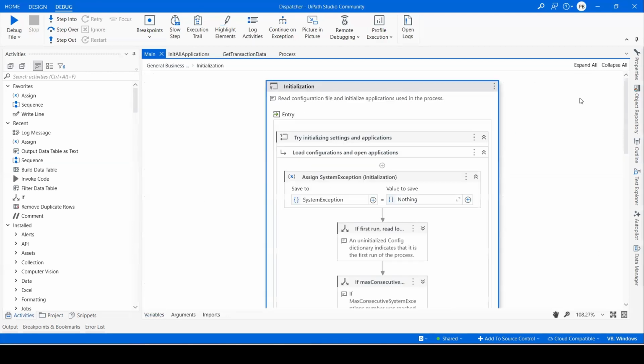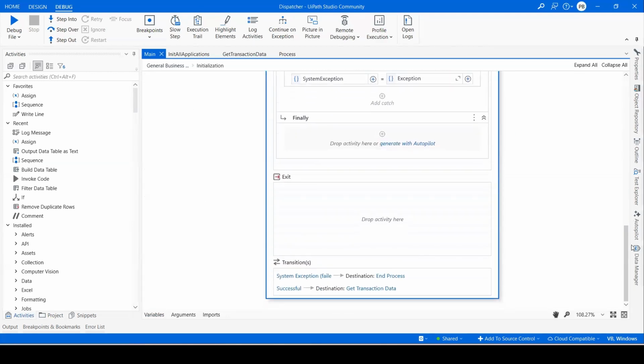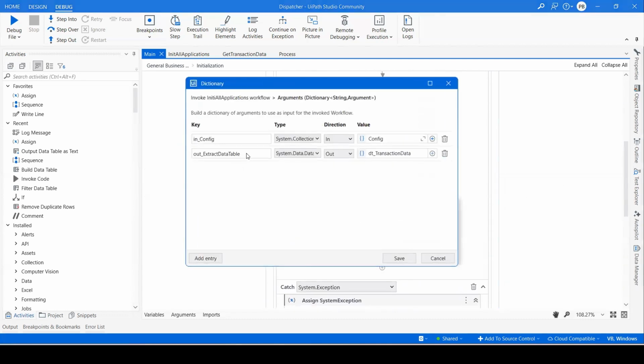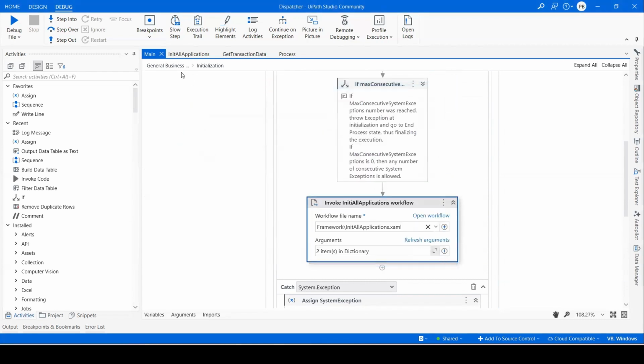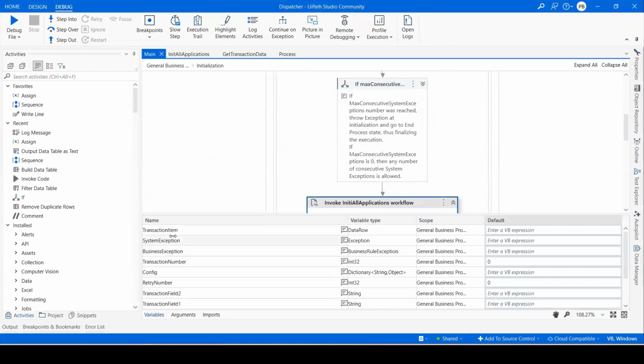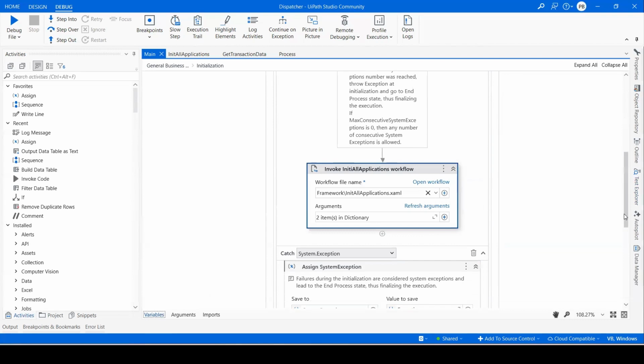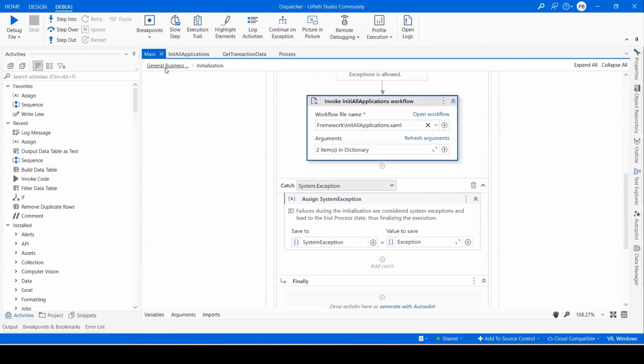Now, I'll go to the init invoke that we have done, which is here. I have outed data, extracted data, and I have assigned the data to transaction data. All right. Now, when you create an RE framework, the DT transaction data is already there. You just have to assign the value to it. You don't have to create a new data table. All right, let's move to